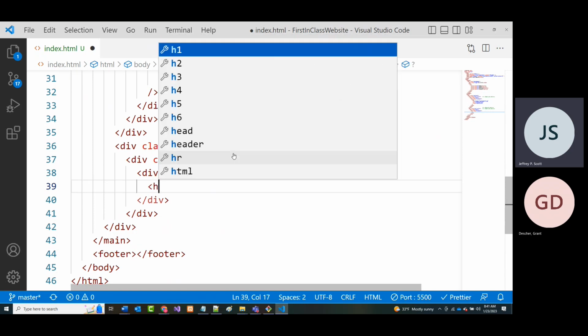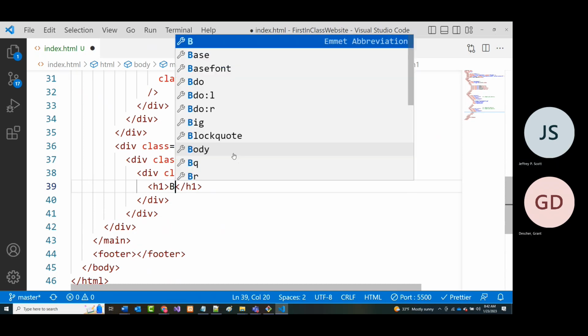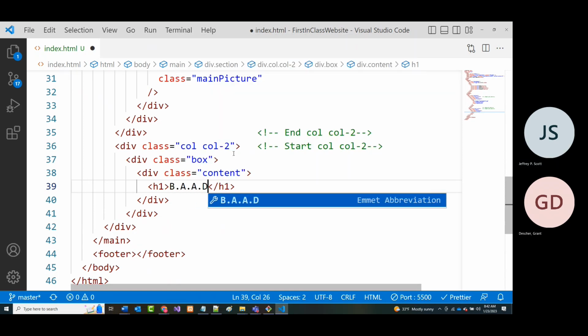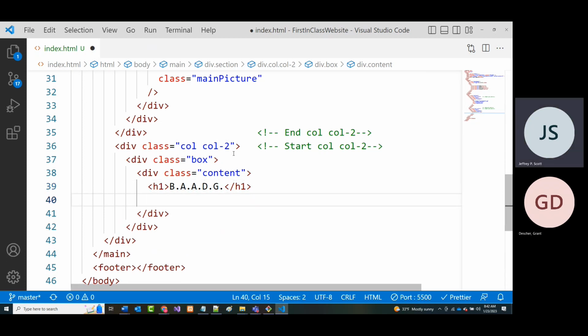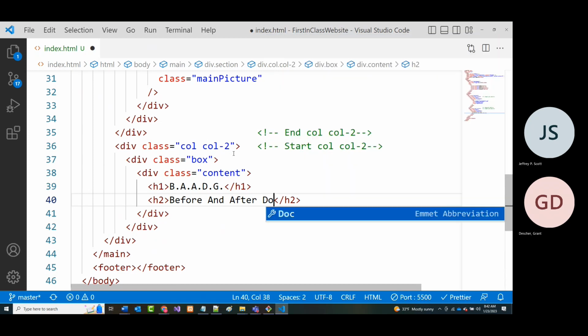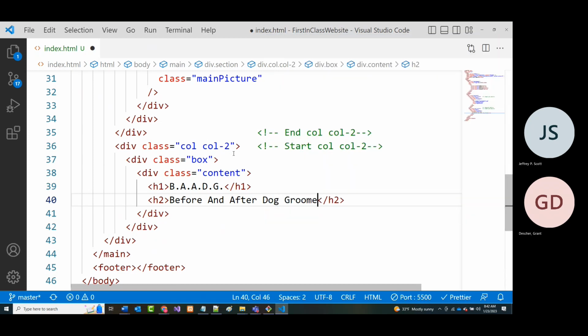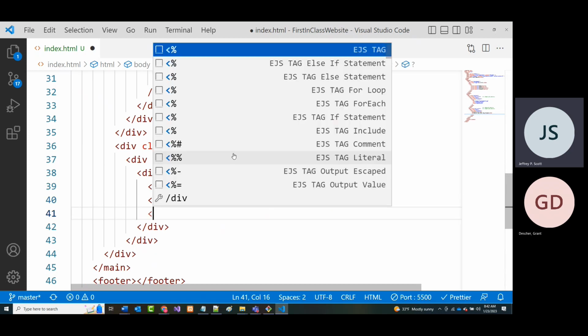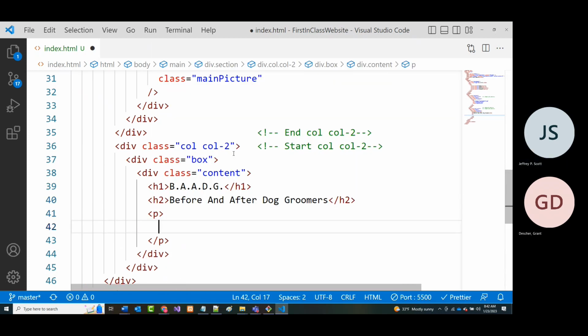So I'm going to come in here and say H1. Then underneath that, I'm going to have an H2. Then after that, I'm going to have a paragraph. And I put it on another line. You don't have to, but